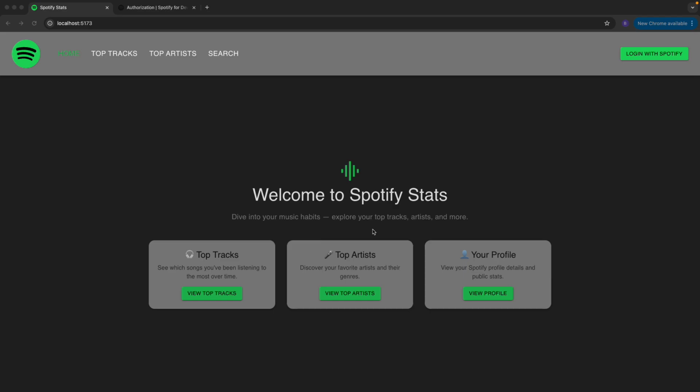This is a demonstration of my Spotify statistics web application that I've built. So let's start things off with a little bit of an overview of the tech stack. The front end is built with React, Vite, and TypeScript, styled using the Material UI library for a clean and